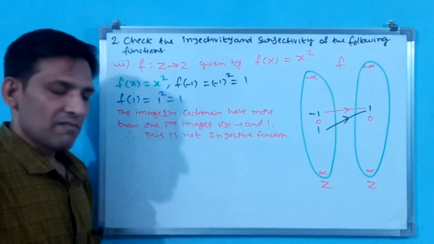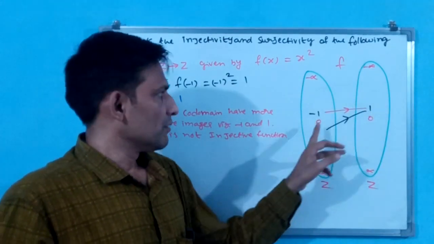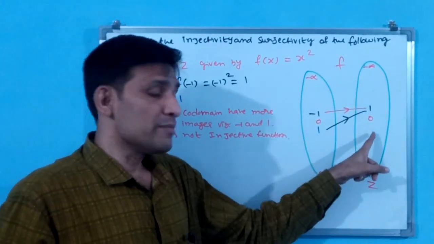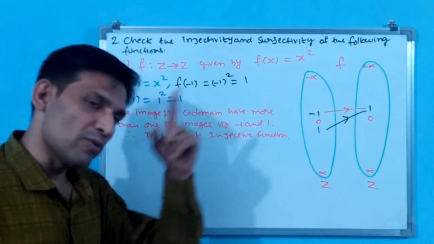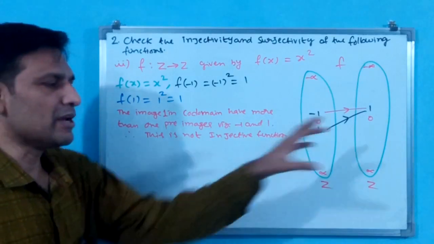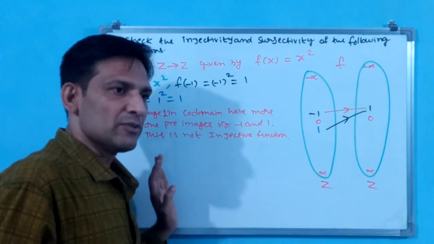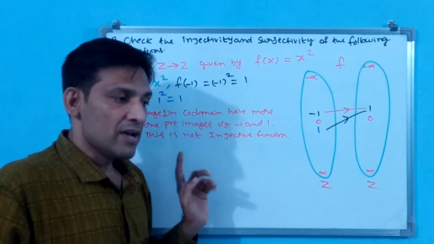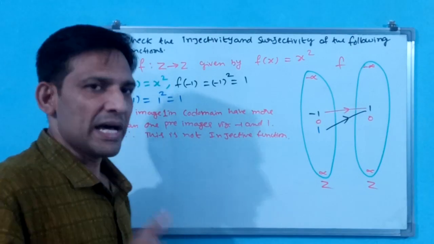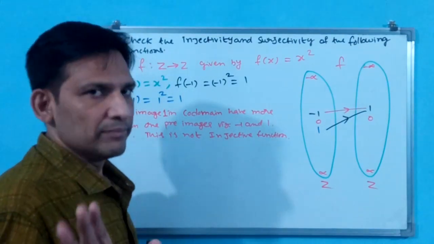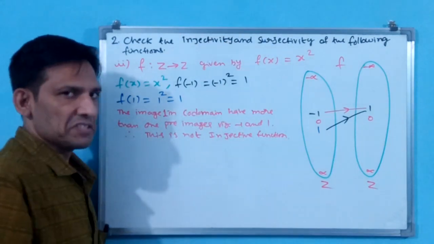You understand, na? Why? Because see, like that only you write. This is codomain, image, pre-images. See, if any element doesn't have a relation, that is not an image. Don't write that as image; you write only elements. Okay, some elements in codomain are not having any relation with elements in domain. Like that you have to write. Why? Because see, when a relation comes, then only the words image and pre-image will come, or else they will not come. Okay. Now injectivity is over. Now we see about surjectivity also.